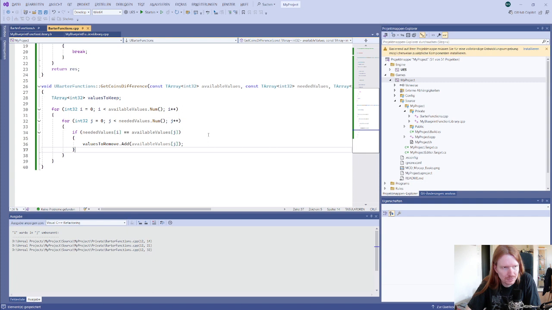Needed values, I have the values I need. And if they're not in the available values,